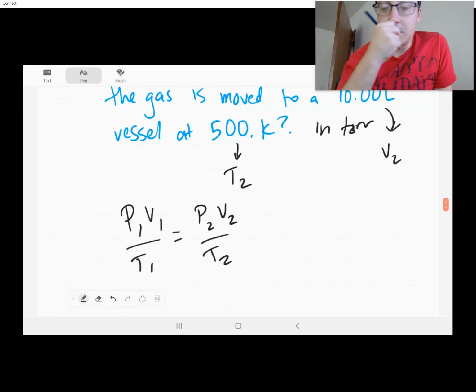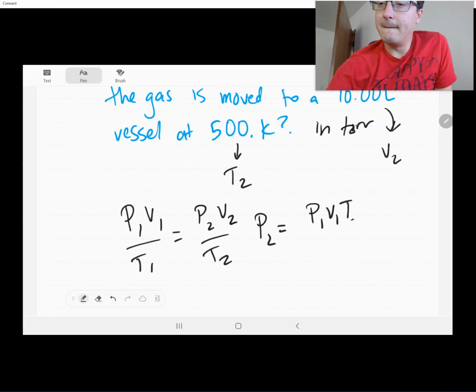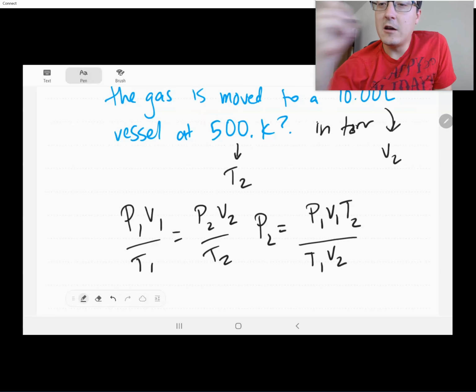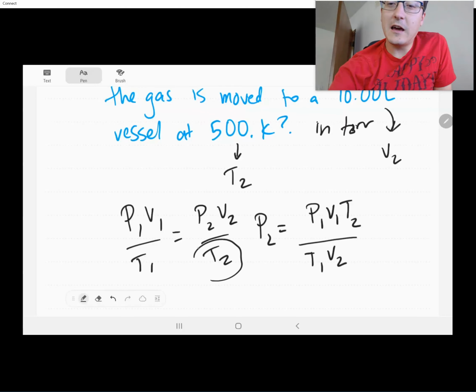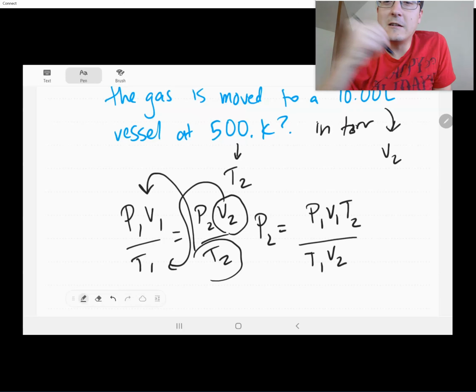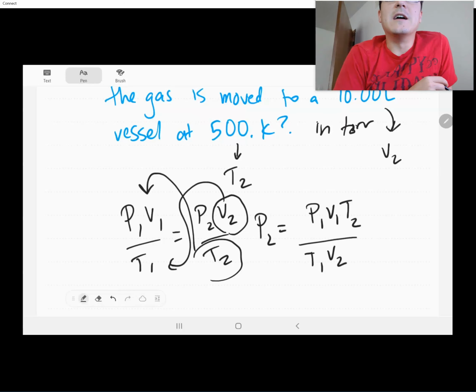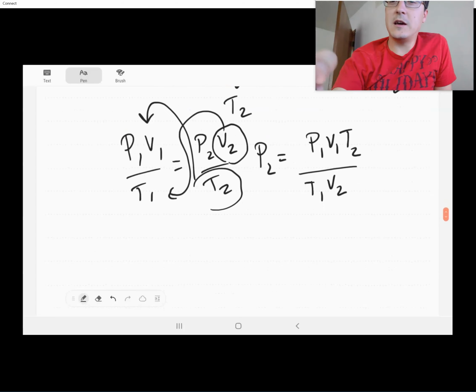So we are looking for P2. So we can isolate that variable. This is just algebra. I'm not doing anything crazy here. So I've moved this guy up to the top of the other one, and I've moved this guy down to the bottom. That just made everything a whole lot messier, I know, but if you don't want to do the algebra first, that's fine. Just go ahead, plug in your numbers, and solve it after. That's going to work. So, if we go ahead and do all this stuff,